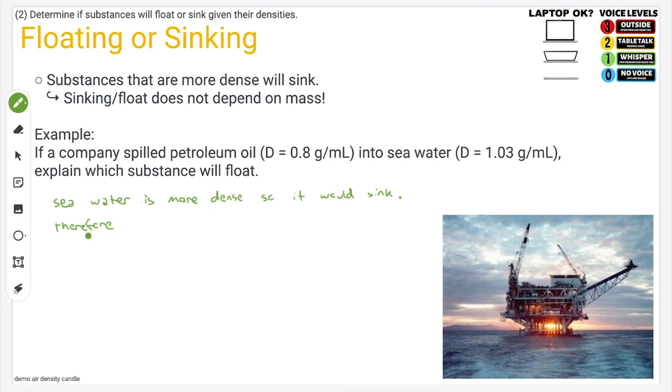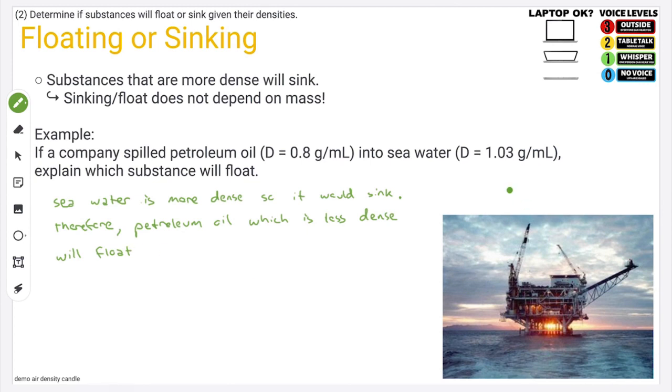Therefore, petroleum oil, which is less dense, will float. Something like that, right? Maybe you didn't have to word it with as many words as I did, but again,